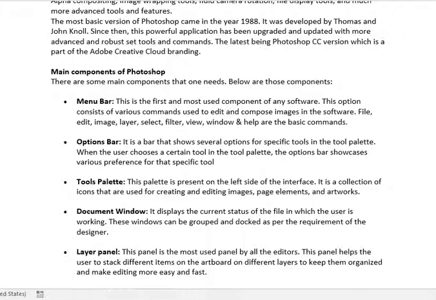If you don't see it on the screen and you want to turn it on, you just click on Windows in the menu bar, and then click on Options, and then you can turn it on or off as per your requirement.